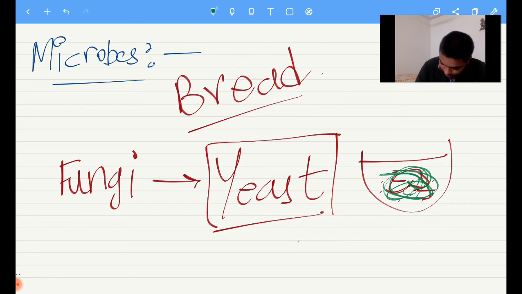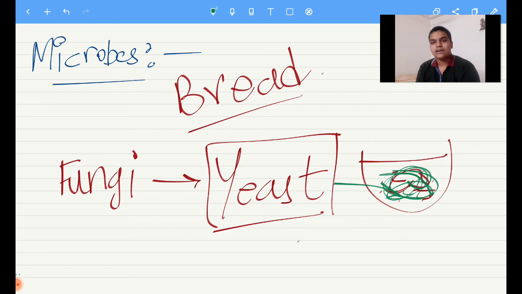See, this is yeast, this green color part is yeast, and I mix it well, and then I put it overnight to set. When I see it the next day morning, the flour gets fluffed in a manner, you can feel that fluffy nature, or you can see the rise of the dough. You can see the rise of the dough. This is because of this yeast